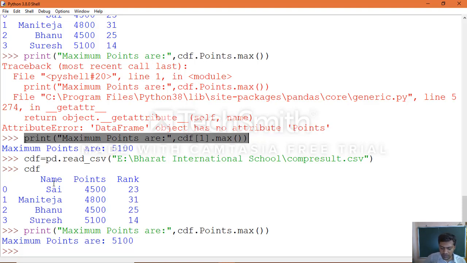So I think you understood how we can make use of CSV files with examples: how we can use the names argument, the header argument, the skip rows argument, and the index underscore column argument of read underscore CSV.